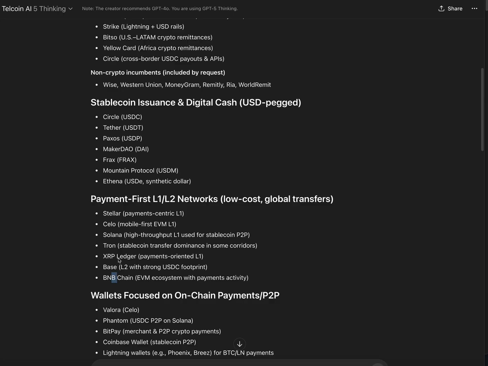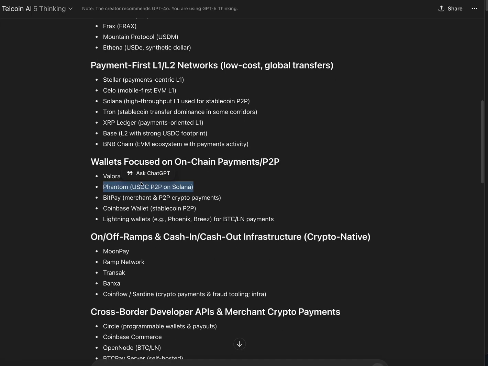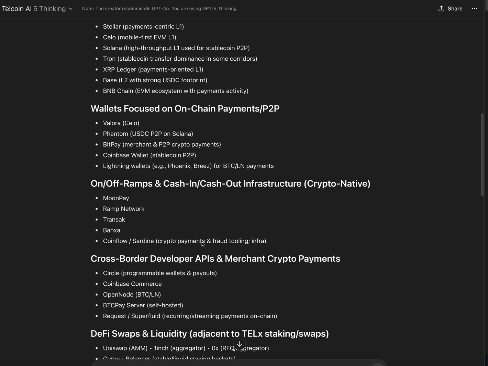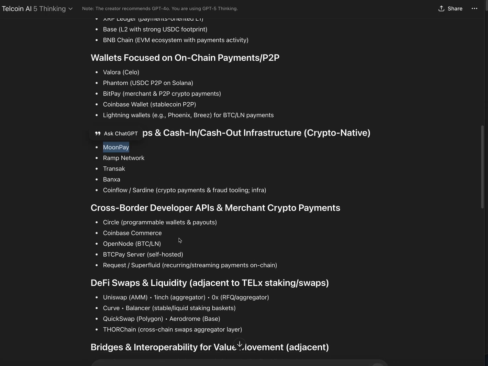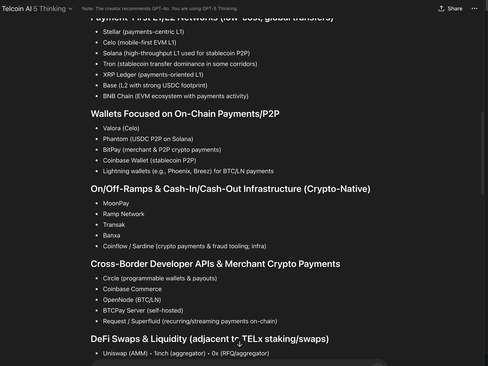Comparing it to BNB, comparing it to XRP, comparing it to the different wallets. Like, why is it different, right? Which wallet is a bank? None, right? We could just pretty much harp on that all day long. Which wallet's a bank? Which wallet's a bank, right? Who has on and off ramps? That's also a bank, right? Compare MoonPay.